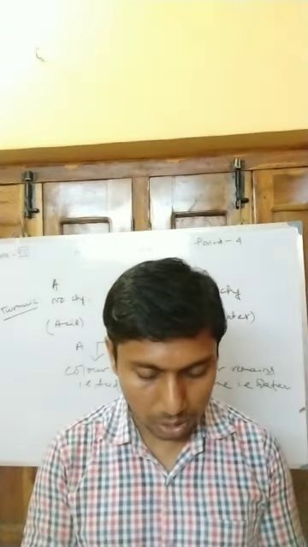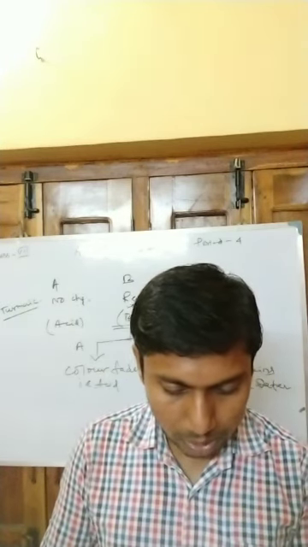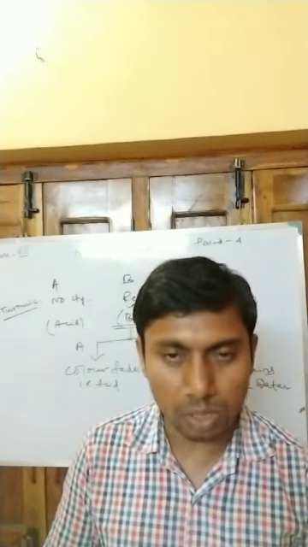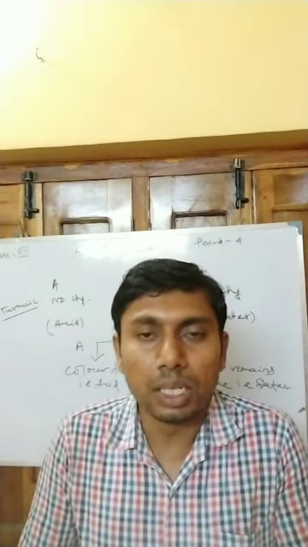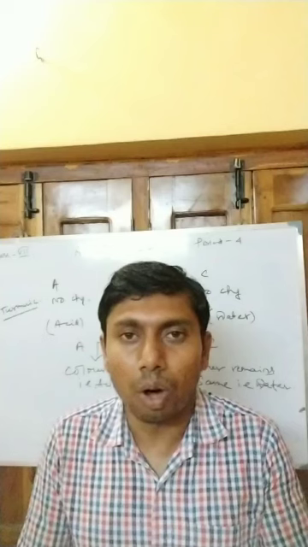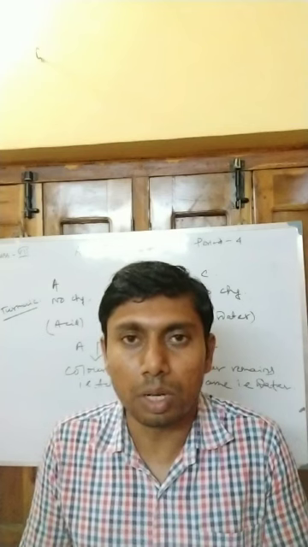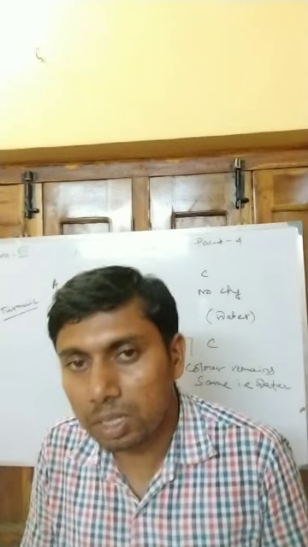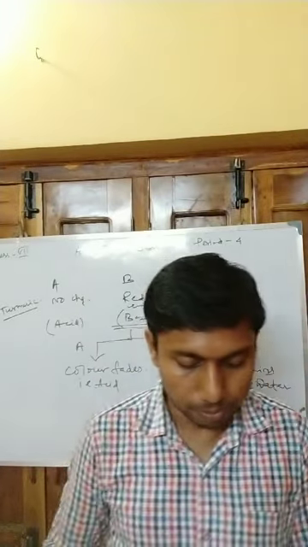Now next question, that is 10. Blue litmus paper is dipped in a solution, it remains blue. What is the nature of the solution? Explain. Now blue litmus remains blue, that is there is no change in the indicator color. So here the solution may be neutral or it may be basic, because in neutral solution the blue litmus remains blue, and in the basic solution it remains blue. So the solution may be neutral or it may be basic.